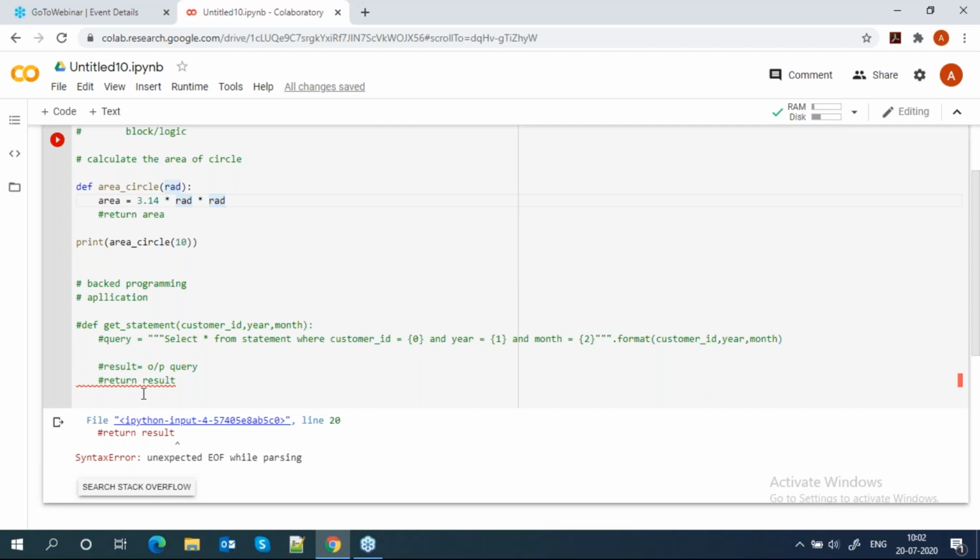Whatever the final result of this query. Would it not be return query? No, the entire SQL statement that we are putting here, select star from statement where customer ID and so on, all that gets stored in the variable query.